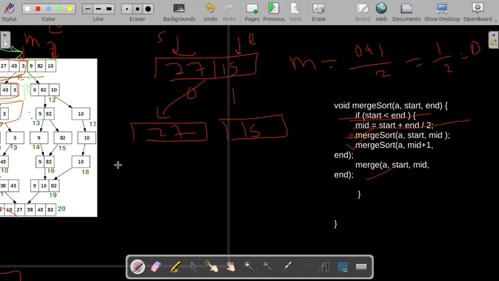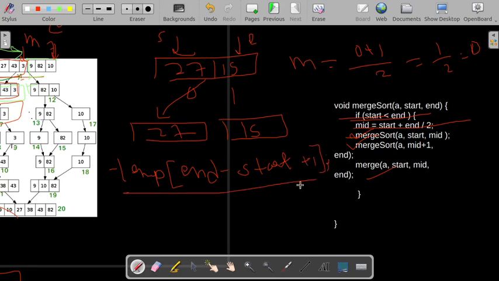So what we will be doing, we will be creating a temp array. What should be the size of the temp array? The temp array size would be n minus start plus 1, so here we need to create a size of 2, right? So we will be creating this array, and now what we need to do here is,